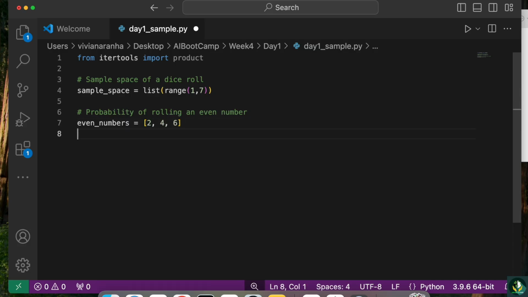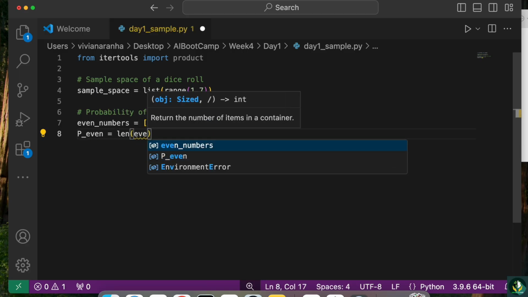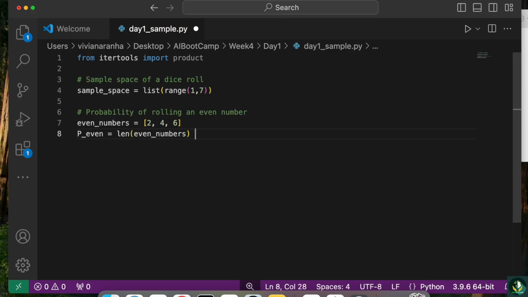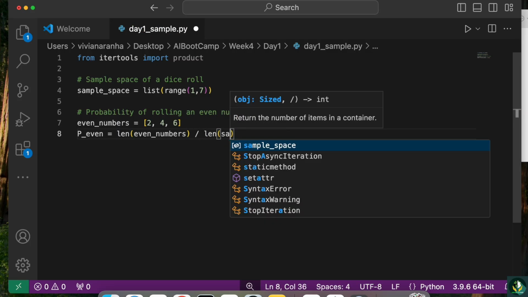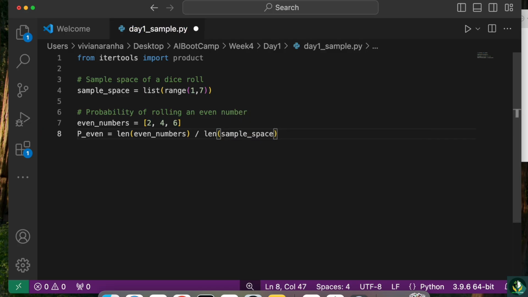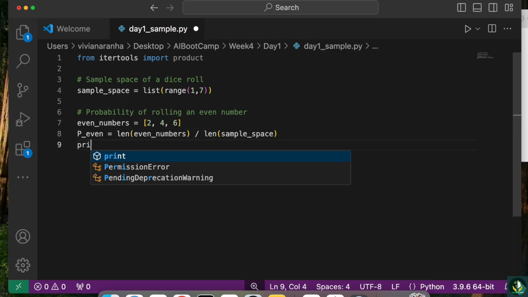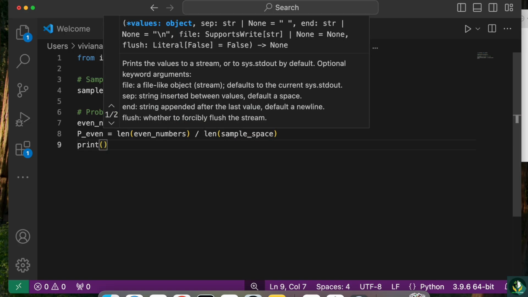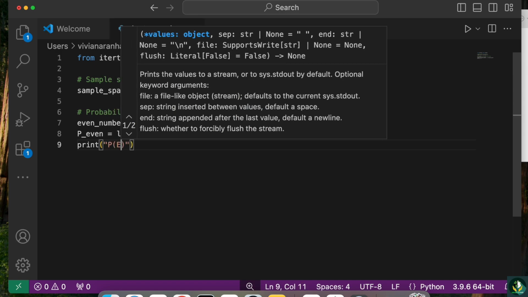These are the 3 even numbers. I can say probability of even equals length of even numbers divided by length of sample space. And I'm going to say print, in this particular case,